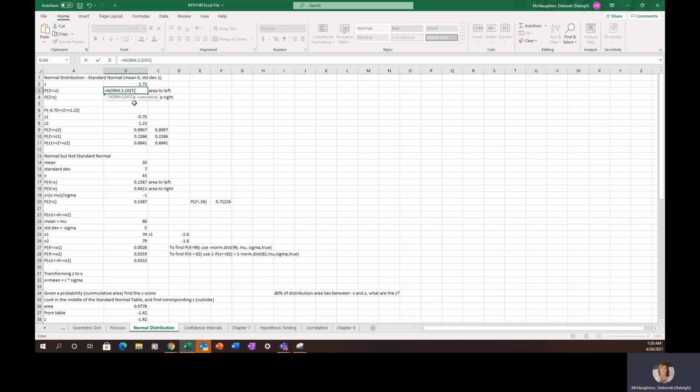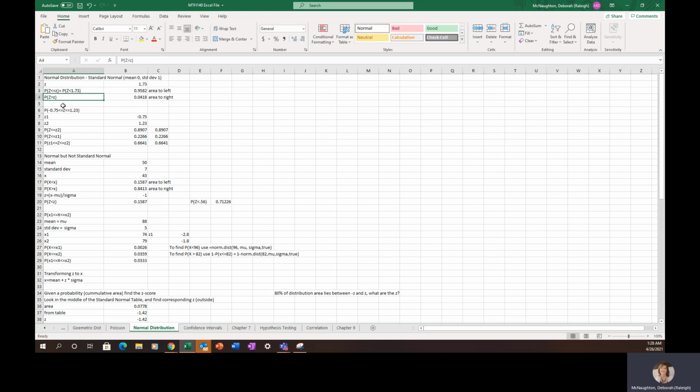You can see here underneath that I just need my z-score and whether or not cumulative is true. So I'm just going to grab that z-score and say true. These are always true. Okay. And then that gives me the area to the left of the curve, so this is the probability that z is less than some value. This gives me the probability that z is less than